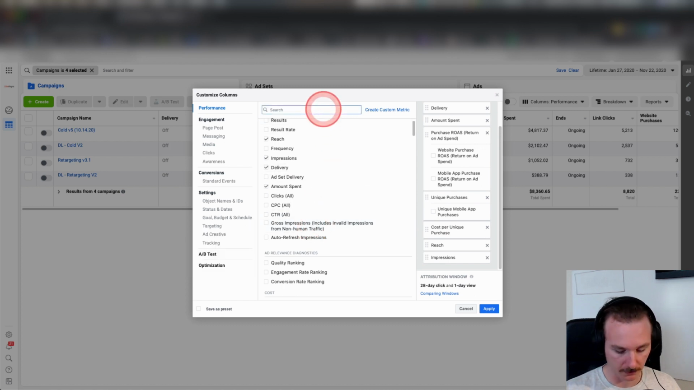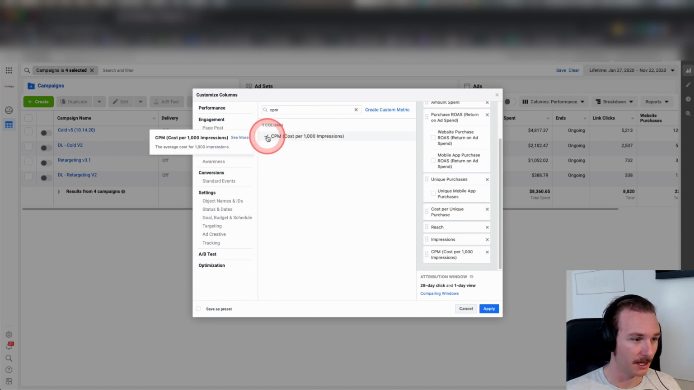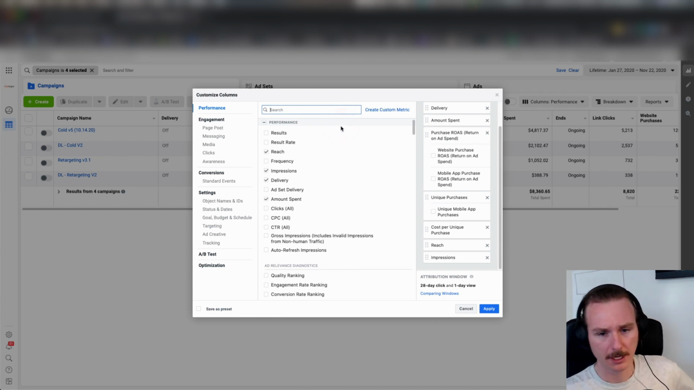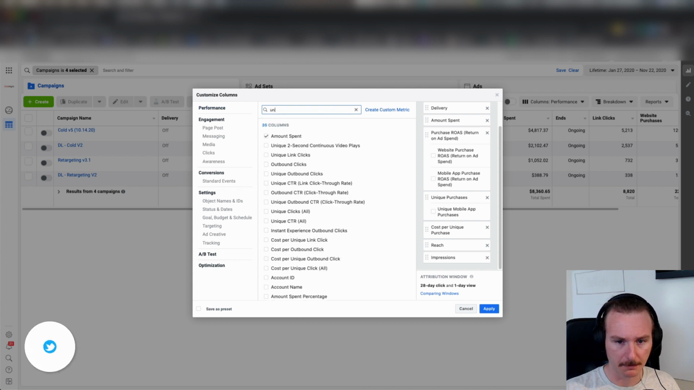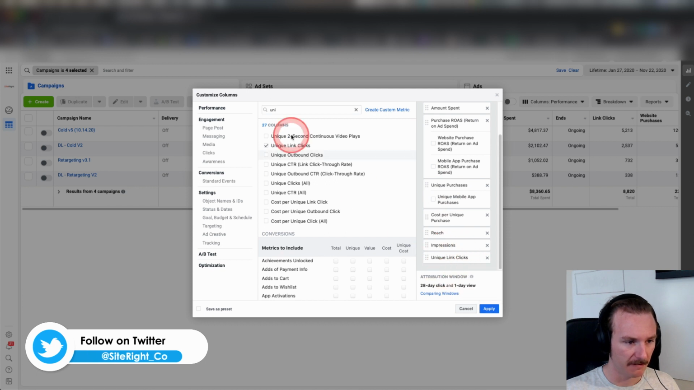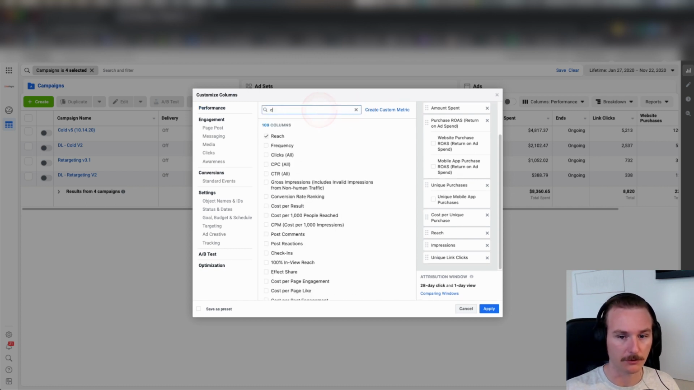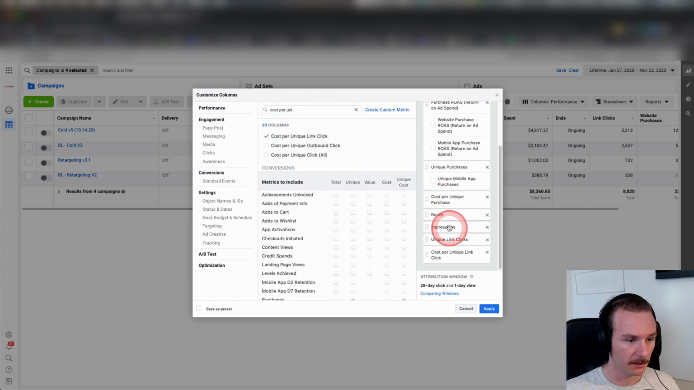After impressions, we want to do CPM, which is cost per 1,000 impressions. This is a good catch-all metric that you can use to compare different campaigns or different ad sets against each other. After CPM, we're going to go for unique link clicks. This is one of my favorite metrics just because it shows exactly how many people are clicking the link, getting to the website, because that's our goal, to get people to the website. Then we're going to go cost per unique link click,